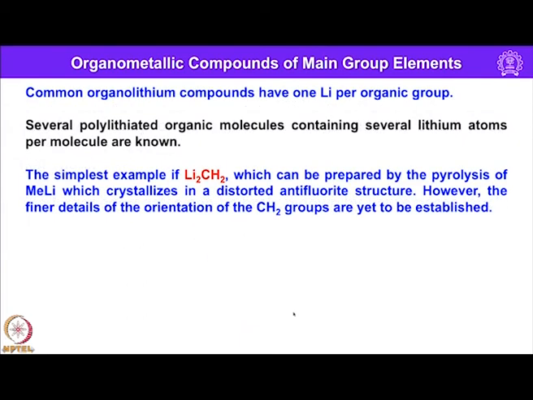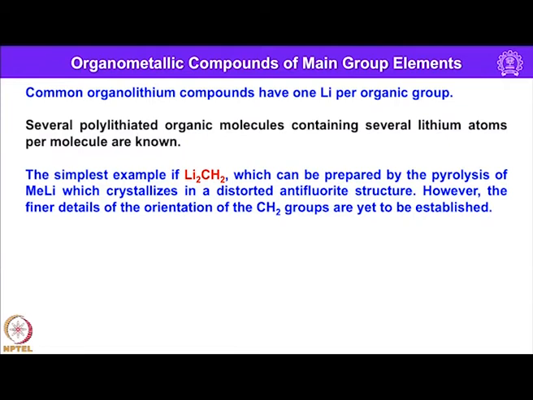So, common organolithium compounds normally have 1 lithium per organic group, like methyl lithium, phenyl lithium, n-butyl lithium, tertiary butyl lithium, secondary butyl lithium, like that. But several polylithiated organomolecules containing several lithium atoms per molecule are also known. The simplest example is Li2CH2, which can be prepared by the pyrolysis of methyl lithium and crystallizes in a distorted antifluorite structure. However, the finer details of the orientation of the CH2 groups are yet to be established because of its high reactivity